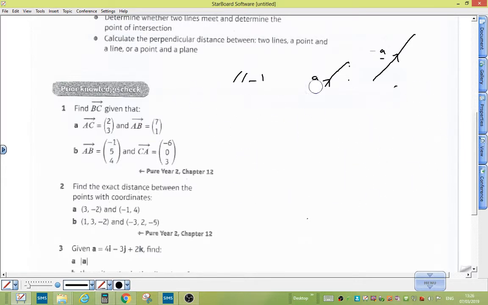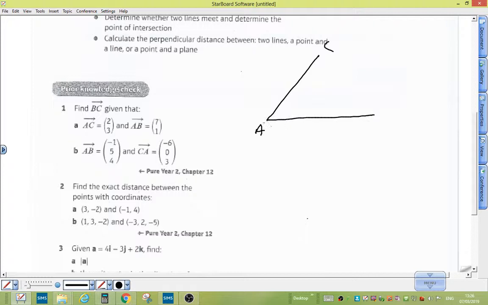So coming back onto this, it says find BC given that AC is that and AB is that. So AC is starting from a point A, and wherever that's going to be, A to C, let's say, C's there, and this is A to B. If you bring them together, then if you're trying to find B to C, which is that direction,